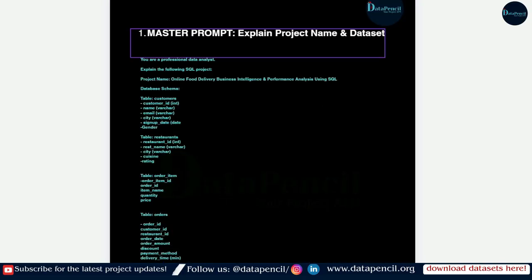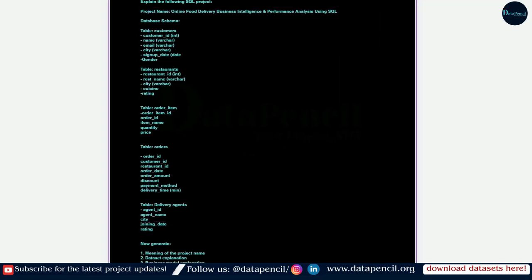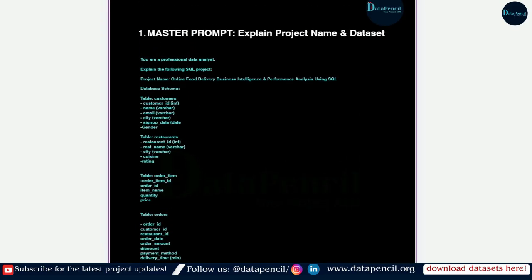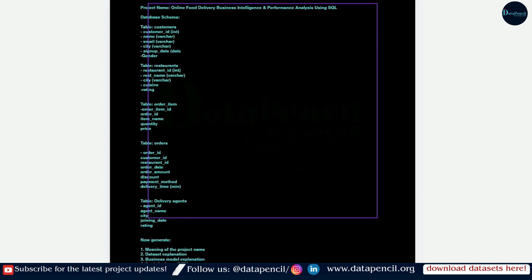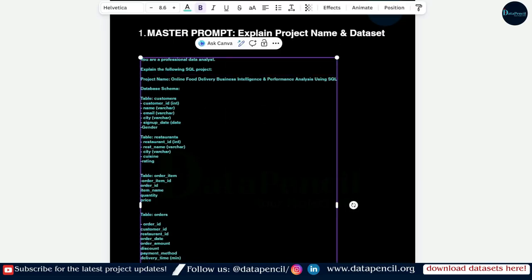In this prompt list, here it's written master prompt, and in this there is a database schema, the name of the project, the name of tables, columns, everything is here. You simply have to do the copy paste. Okay, if you want to use this prompt for another project or for any other data set, then also you can simply change the name of data set, the tables, the columns, and the rest you can use. Okay, so let's firstly copy it,